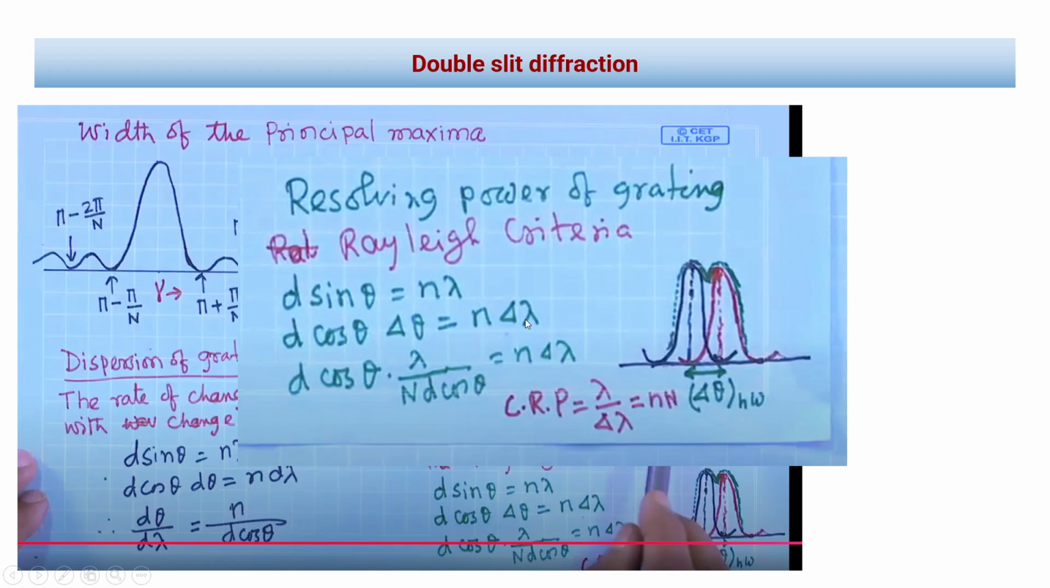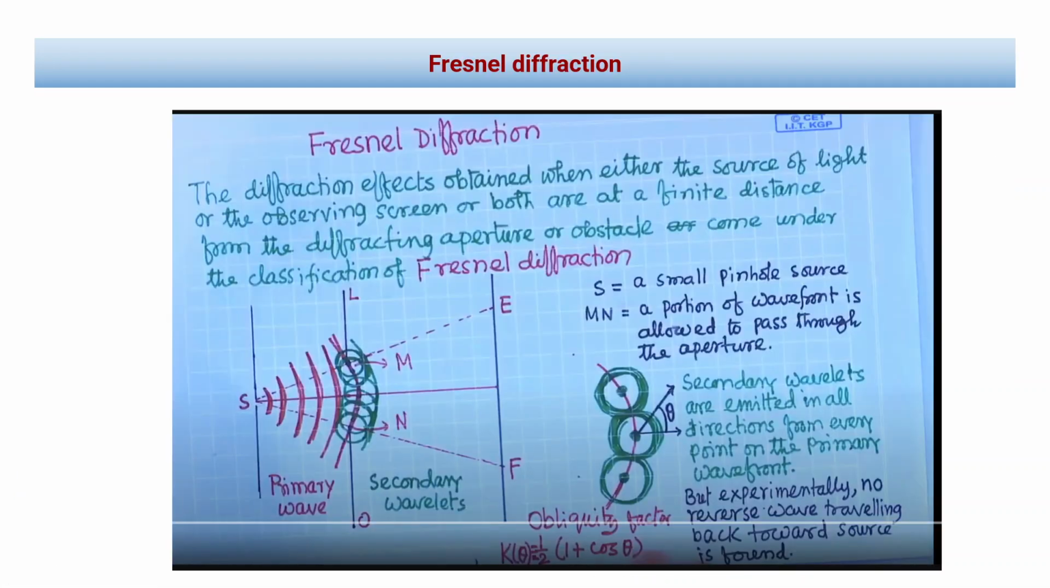From the Rayleigh criterion we can find the resolving power of a grating using this formula. These things are there. After this there was something known as, as we were discussing till now,